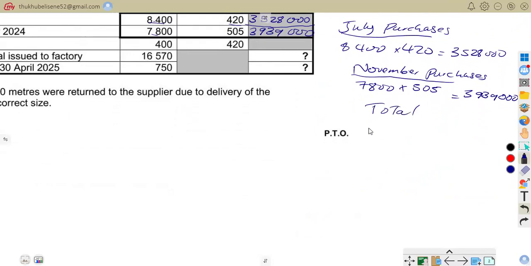So on our total, it simply says we are going to add 680,000 plus 3,528,000 plus